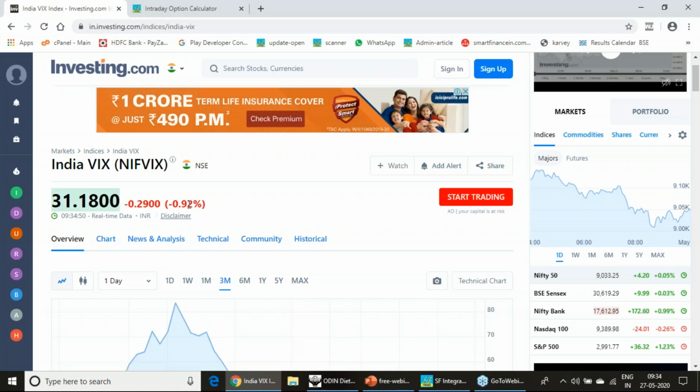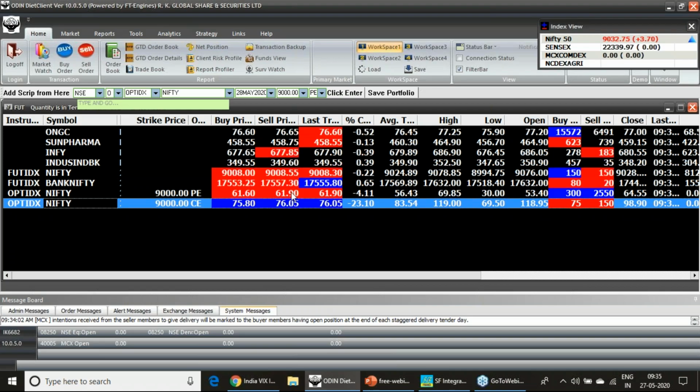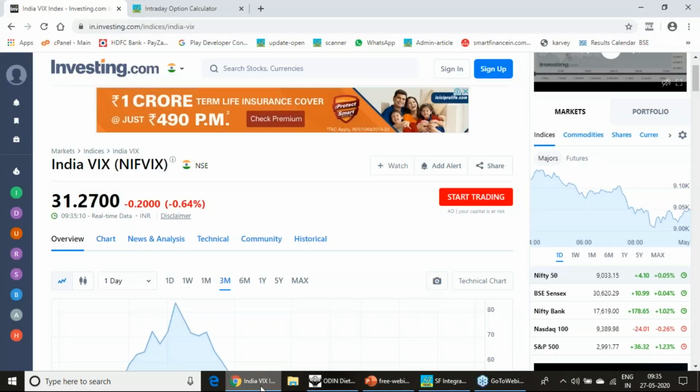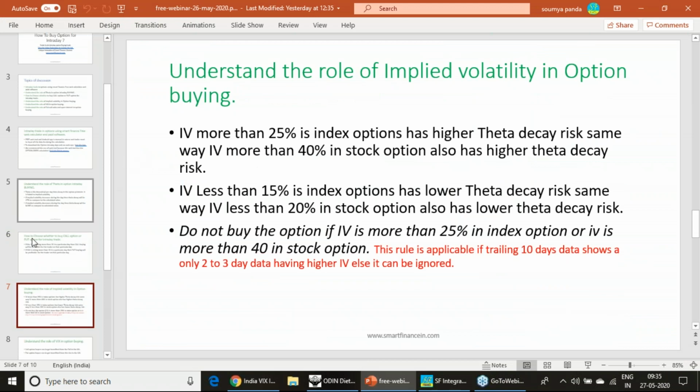VIX also not. VIX is falling. VIX is not in favor of your put options. VIX is rather favorable to your call options now. So VIX is now changing. You have seen that 1% negative has gone to 0.5% negative. So your VIX is increasing now. So anyway, this is not the strike you should enter, the put option. That is also not giving you any favorable condition of plus 1% of VIX. VIX rule also not fulfilled.